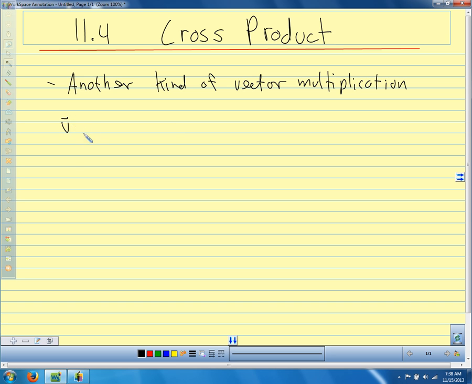So we're going to say u is our vector u1i plus u2j plus u3k, so our components there, and we're going to say that v, our components for v,